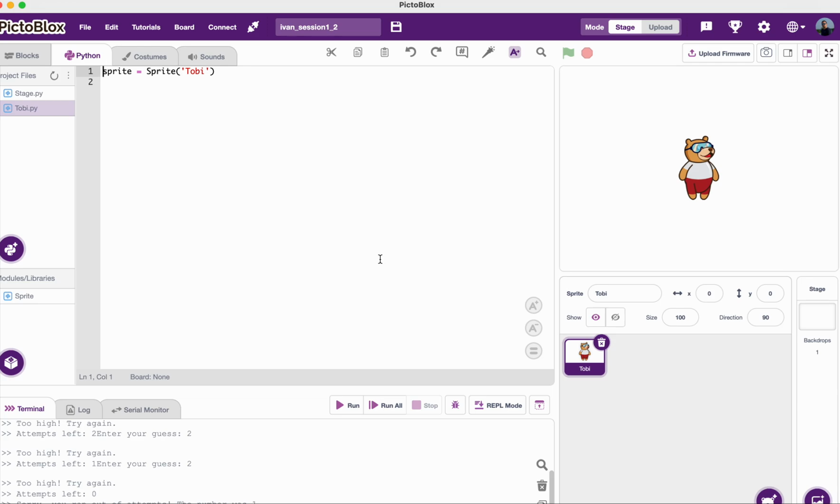So here we have PictoBlox, which is a very efficient and popular platform, and we do use it in our classes in our school. I've been attending the teachers workshops conducted by STEMpedia for the last 3 to 4 years now, and